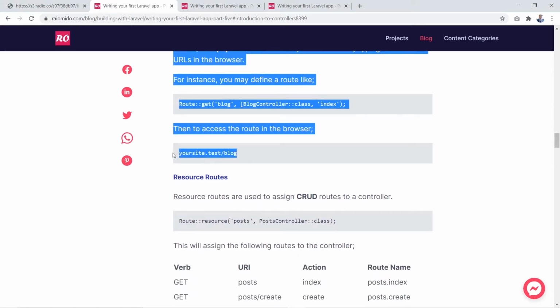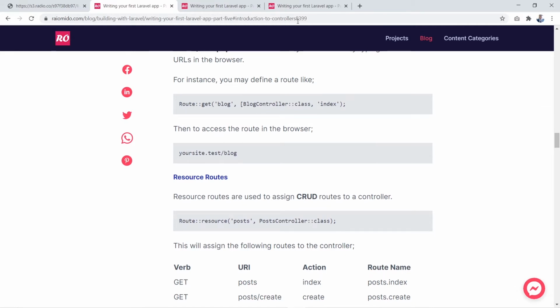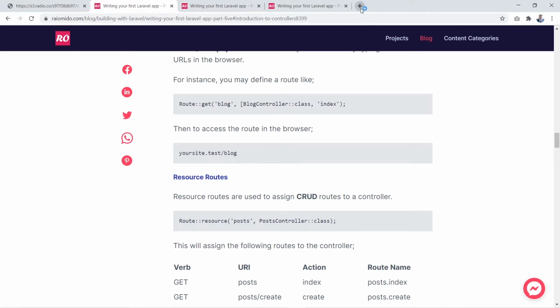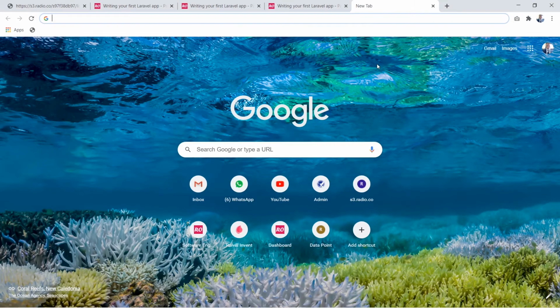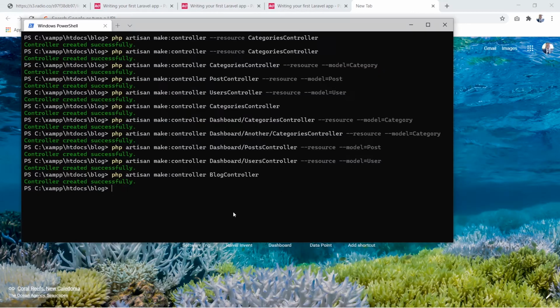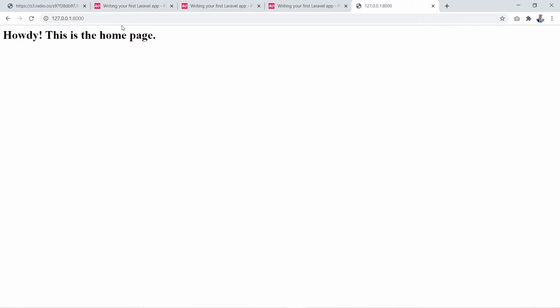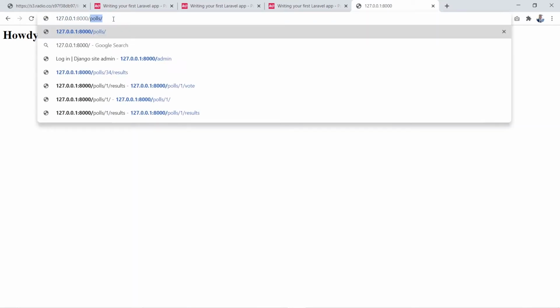So to access this route, for example, let me just fire up my control panel, my XAMPP server. I don't know if I already did this, but you can do that by PHP artisan serve. Cool. And then we can go here and just test our system. So this is our homepage, and then let's go to